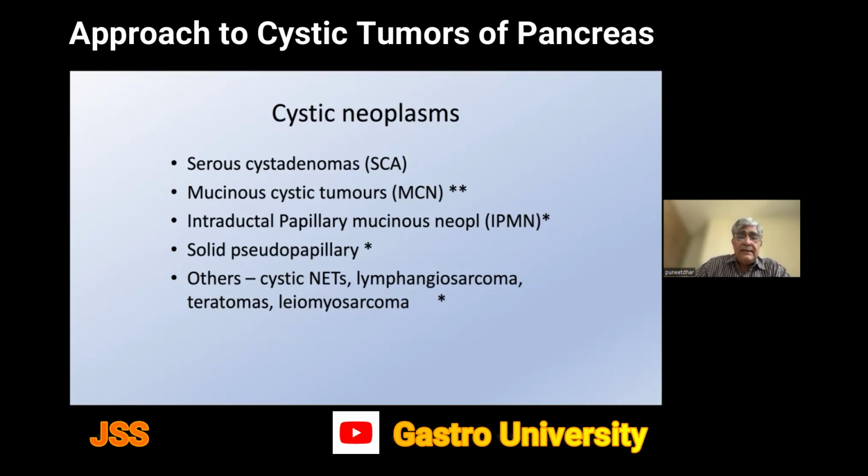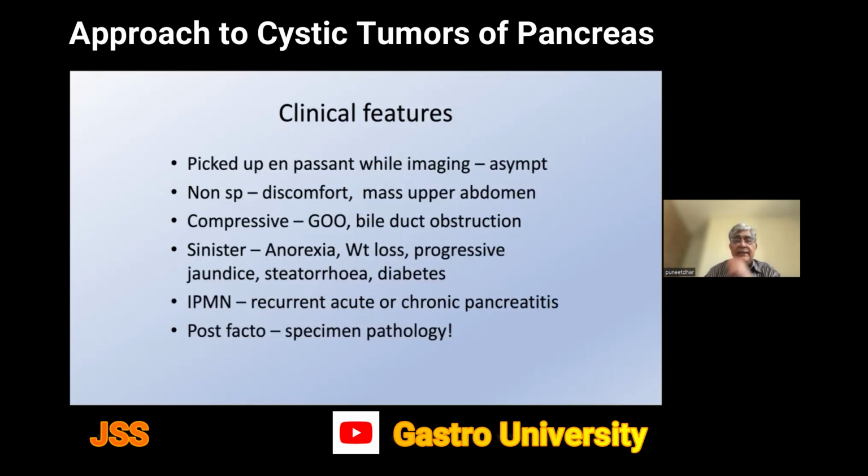There are other tumors like cystic neuroendocrine tumors, which can present as cystic tumors, lymphangiosarcomas, teratomas, leiomyosarcomas, and some true cysts like lymphoepithelial cysts and all that. So clinically, they can be asymptomatic and are picked up en passant while imaging for other diseases. So for a gynae disease, the ultrasonologist finds a cyst and it is investigated and found to have